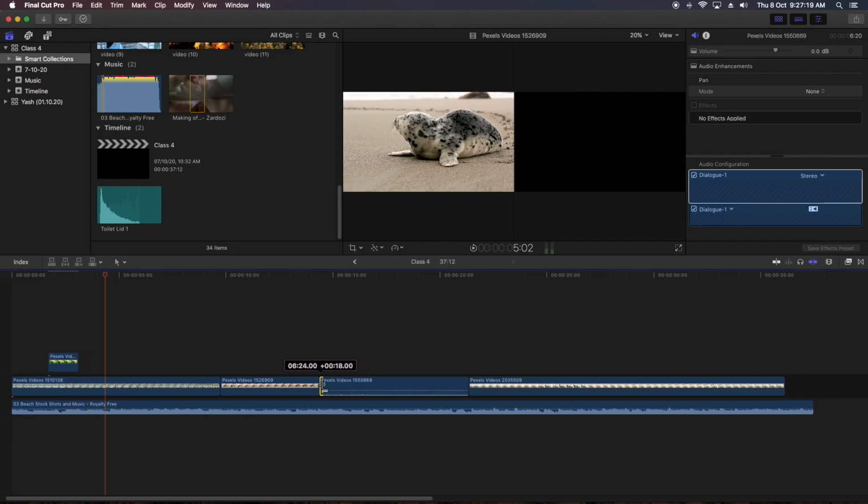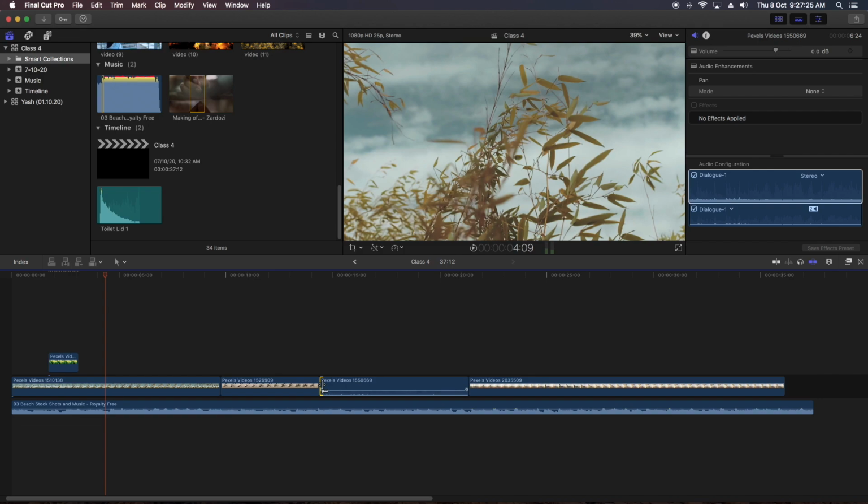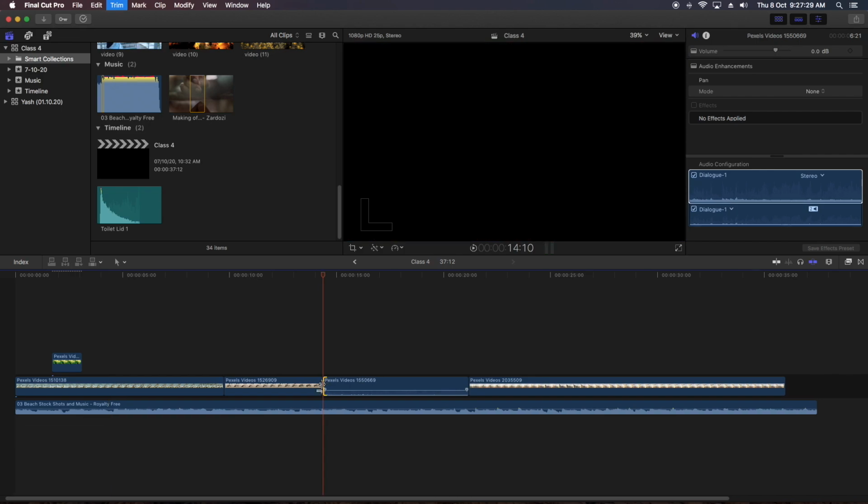And even we can trim by frames. How? If we click bracket, comma and period. Look at your keyboards: these bracket keys, the greater than sign and the less than sign, comma and period.